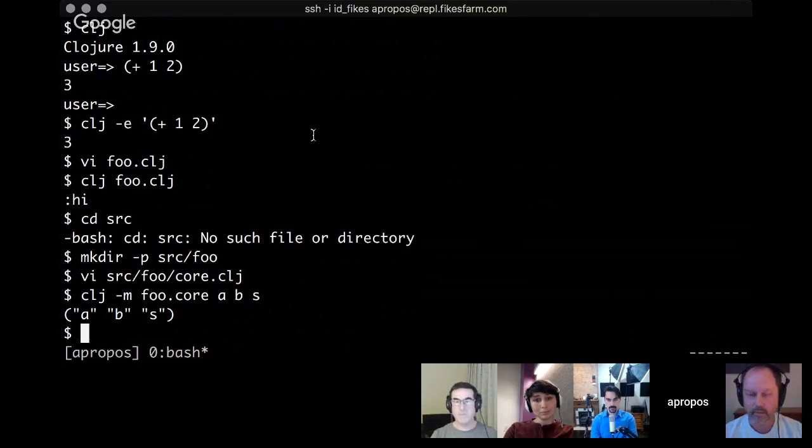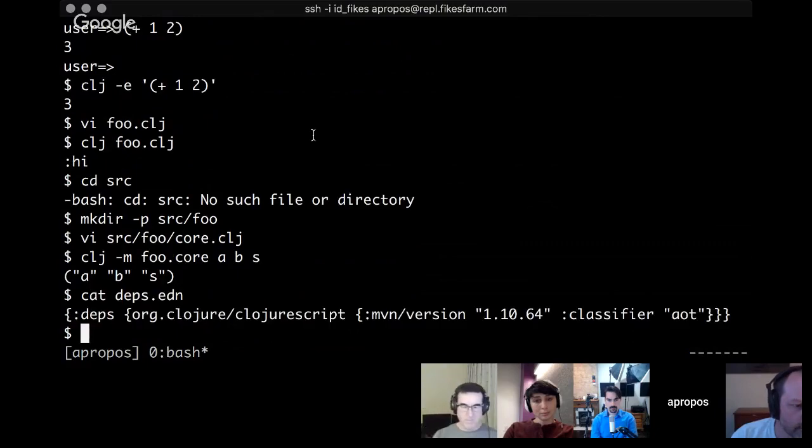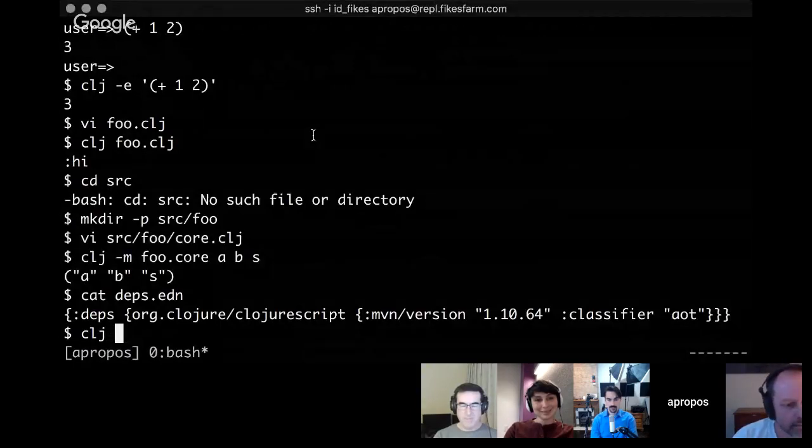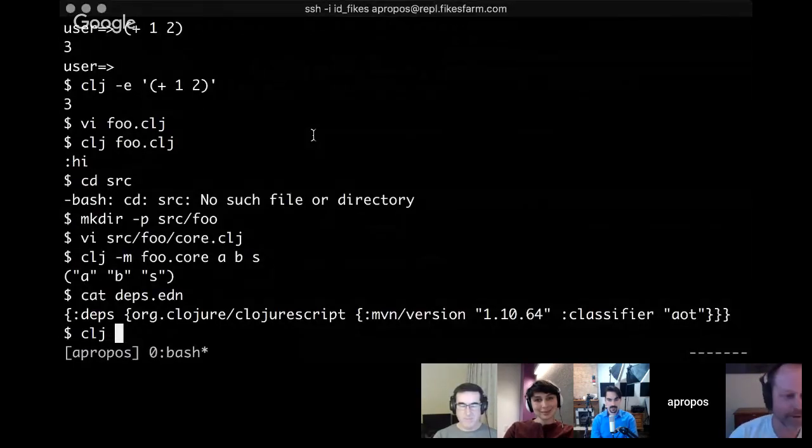I guess we could demo deps.edn because we haven't. I think I have one sitting there. There's ClojureScript as a dep sitting there. So given that, I should be able to use ClojureScript. Oh, nice. I could actually mix in our other topic. Do this, and I want to say,